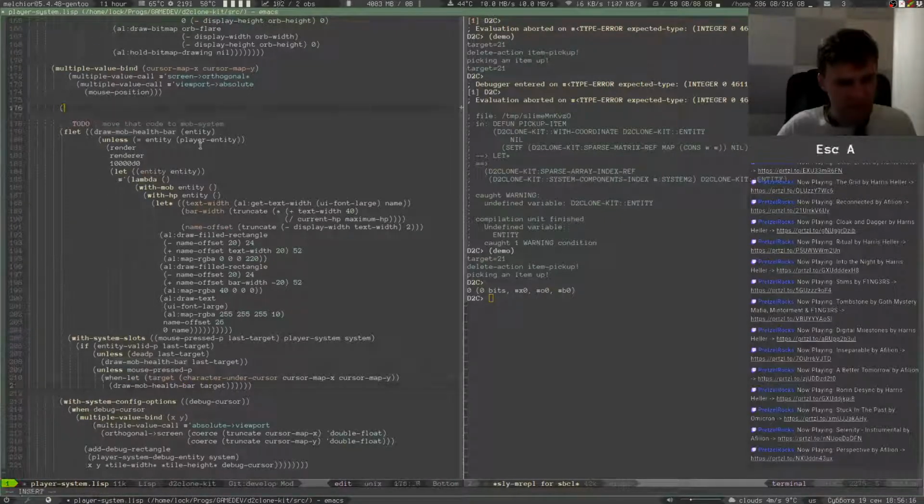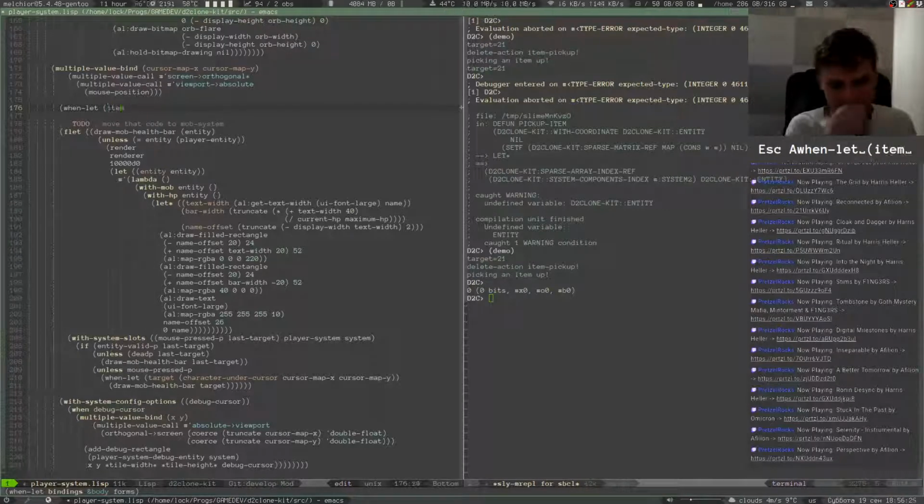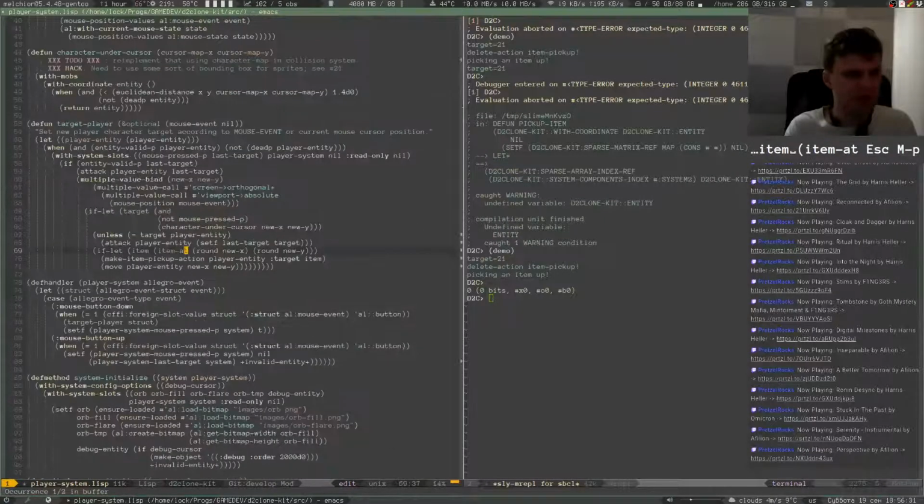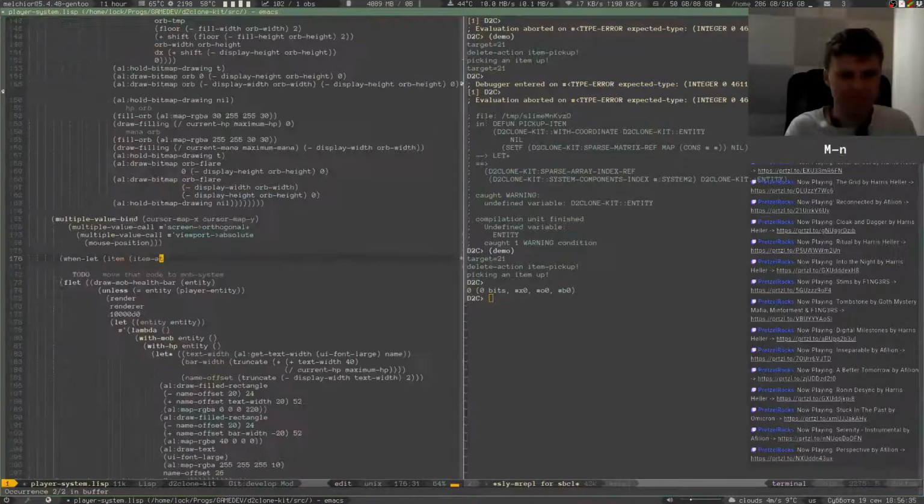So something like what? Yeah, come on. Item, which is item under item at. So I used that here, but I used it with round. Okay. Item at round, and then